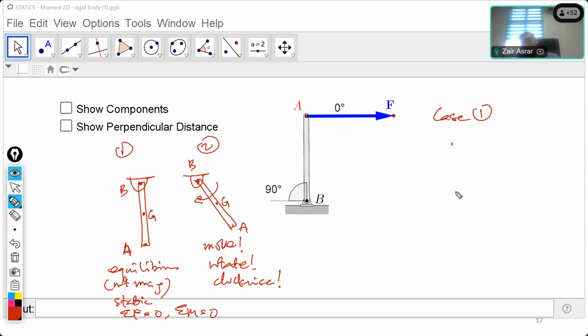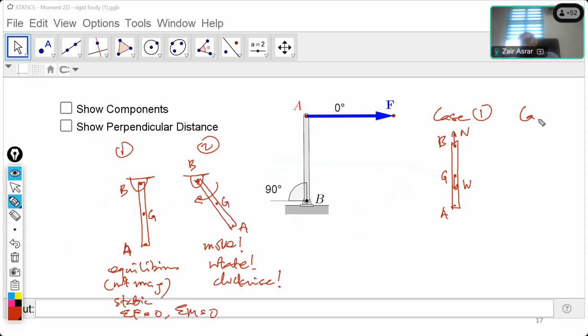So what do we have? We have the pin joint, right? What does this pin joint do? It supports the whole thing. So we have point A, point B, and at G here we have the weight. Who's the one supporting AB, not allowing it to free fall to the ground? It is the reaction at A here. So we have a normal force at the pin joint. Sorry, it's the other way around. Pin joint at B, A. So the reaction at A is fighting against the weight.